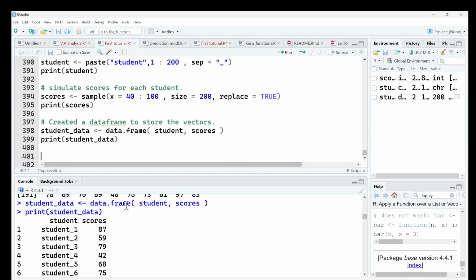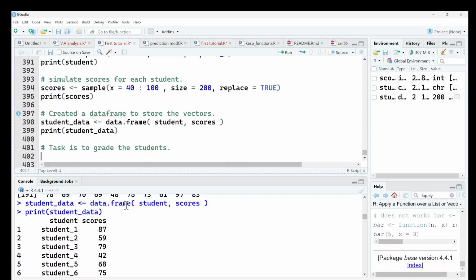Okay, so the task here, let me put it here. Our task right now is to grade the students. Okay, that is our task, to grade the students. Good. Now let's come up with the grading system. Let's say the grading system or the grading scheme to use, any of them,